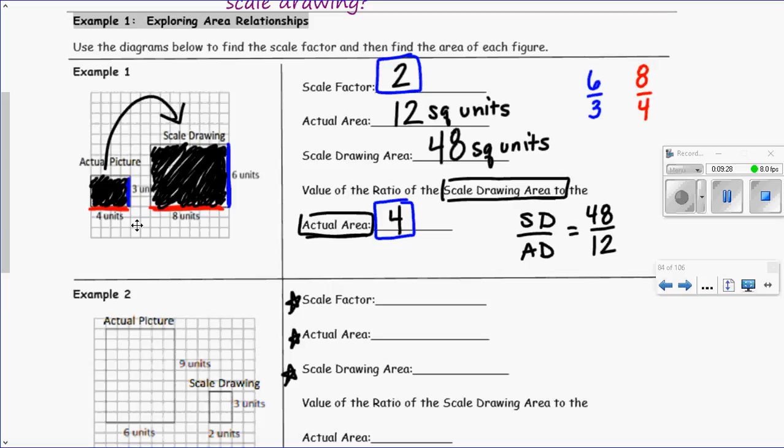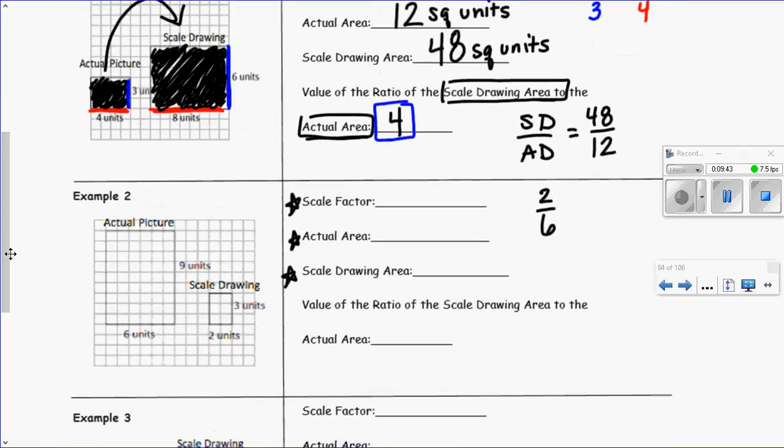Okay, don't forget for scale factor. If you had 3 as your scale factor, I know what you did. You said that from 6 to 2, you're multiplying or dividing by 3. But remember, the scale drawing goes on top and the actual drawing goes on the bottom. So the way that I got 2 and 6 was, here's the actual picture and here's the scale. 2 is the new drawing. It goes over 6, 2 over 6. Okay, then let's check it with